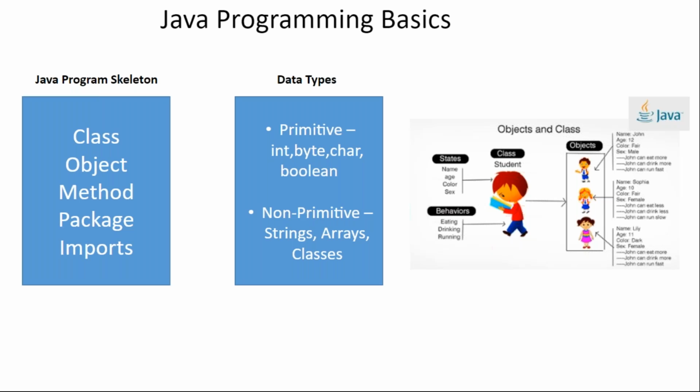That again we're not going to talk about now. That is going to be part of our memory concept, memory leaks, the way the objects' memories are allocated. That is a different topic. But more from a skeleton perspective, it is going to have a class, a method, a group of class files is going to be called a package, and for one single class file, there will be multiple instances during runtime.